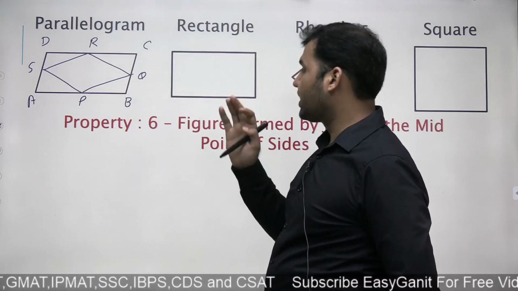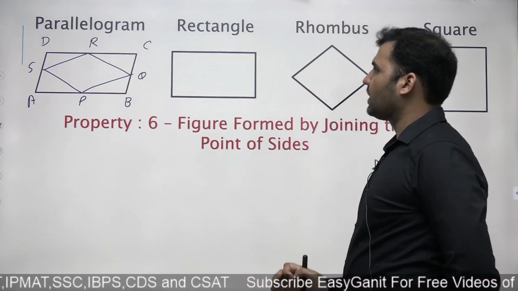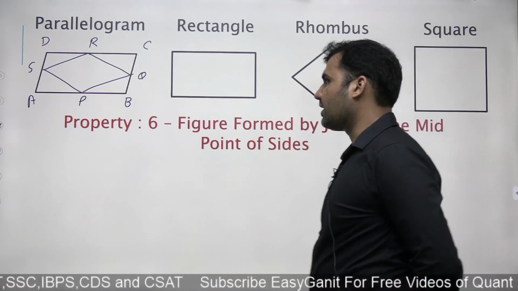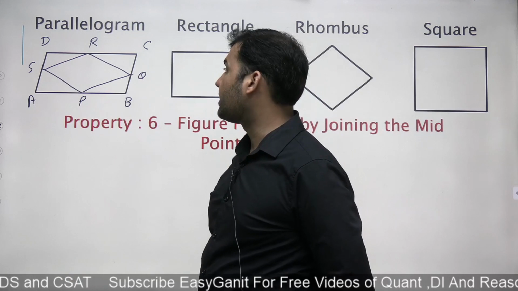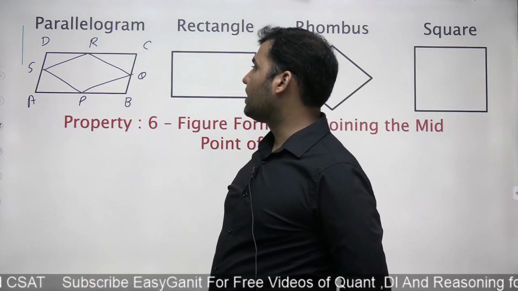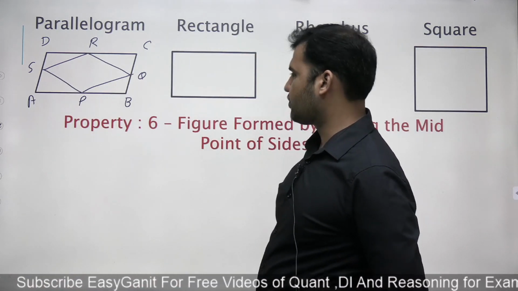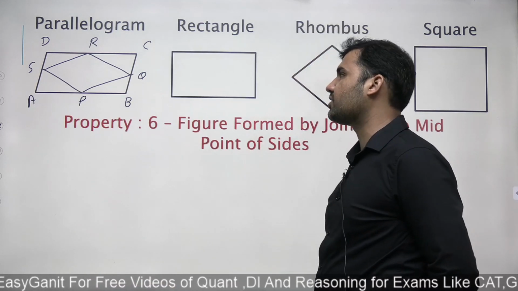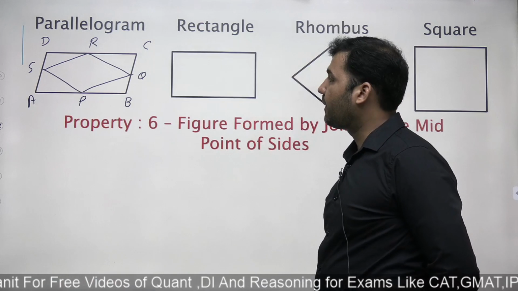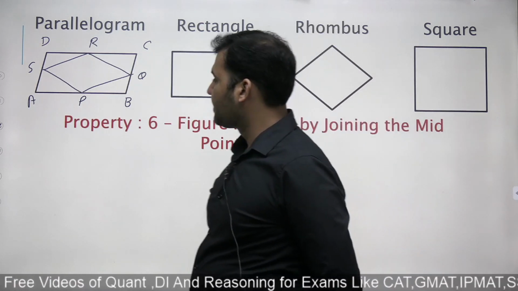अभी ये बहुत अच्छे लेवल की प्रॉपर्टी और बहुत कम बच्चों को पता होती है और इस पे आपको डायरेक्ट क्वेश्चन भी मिल सकता है, राइट? सीरियस टाइप के एग्जाम में तो इस पे डायरेक्ट क्वेश्चंस आते हैं प्रॉपर्टीज पे, राइट? कैट में भी डेफिनेटली आ सकते हैं, एसएससी सीजीएल. It's very, very important property for all of the figures और बहुत अच्छे क्वेश्चन आप इस प्रॉपर्टी के बेसिस पे सॉल्व कर सकते हो, राइट? So what you do is, guys, see that